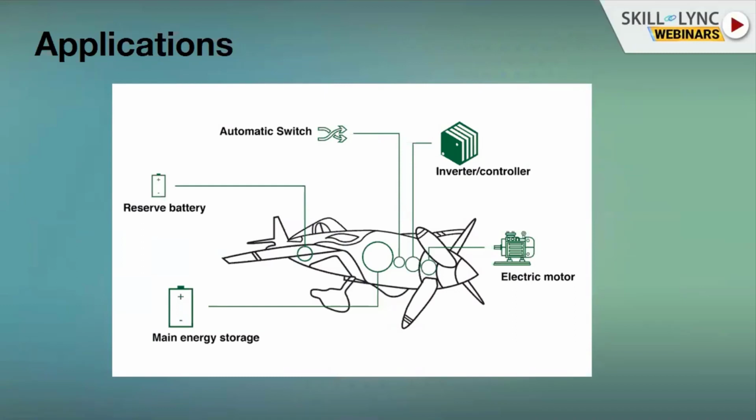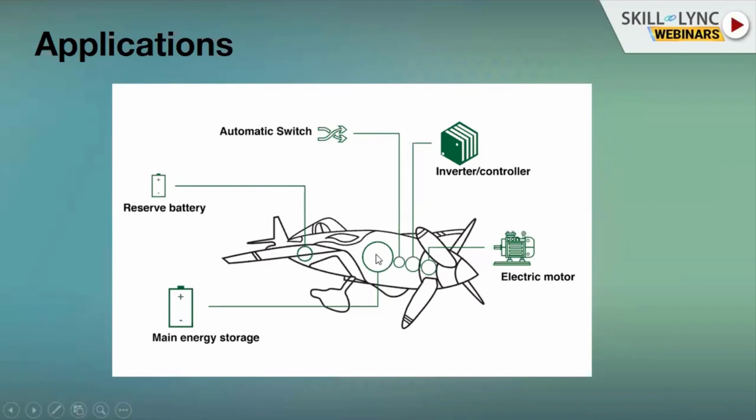And moving on to the aircraft industry, for any aircraft, the available energy is going to be only the battery. So the battery is going to be the whole source. You have a main energy source and you have a reserve battery also. You have a switch over here, which switches between the main energy source and the reserve battery, depending on the amount of energy in the battery. If the amount of energy in the main energy source is lesser, then it shifts to the reserve battery, or from the reserve battery, it shifts to the main energy storage element. So there is an auxiliary switch which switches between the two batteries.